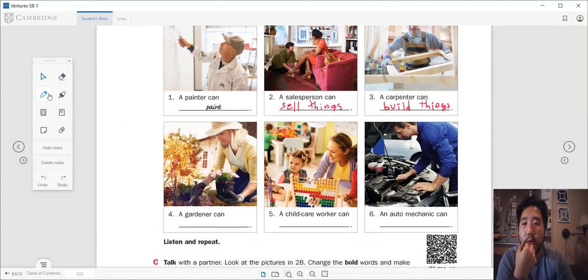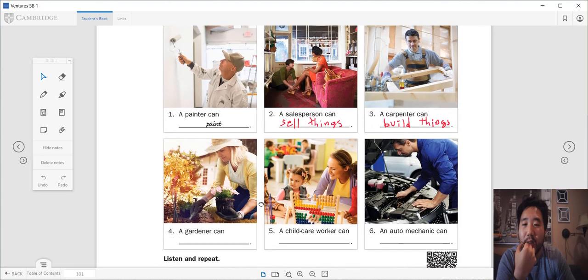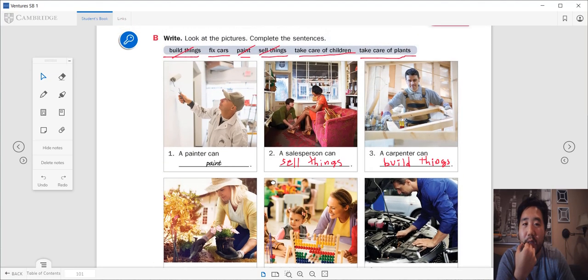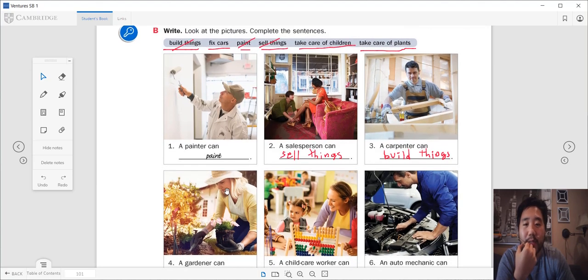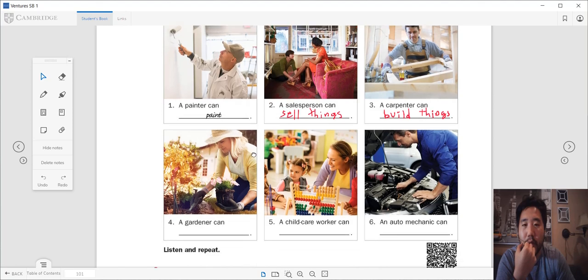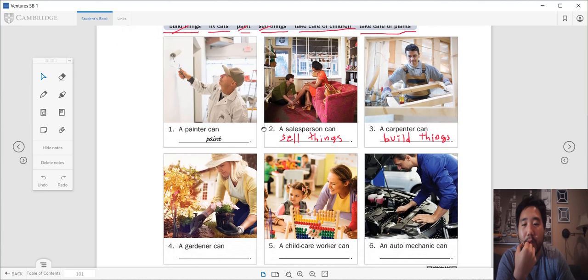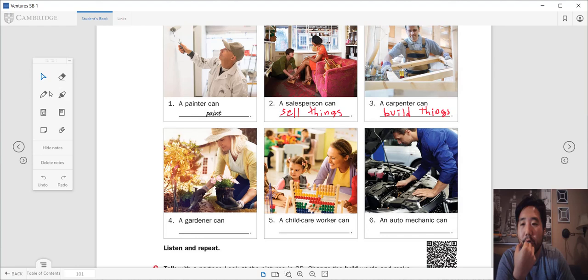Okay. So number four. A gardener can. A gardener. This person's occupation is to plant things. It could be flowers, trees, or any plants. So, oh, here we go. Take care of plants. That's what gardeners do. So take care of plants. So a gardener can take care of